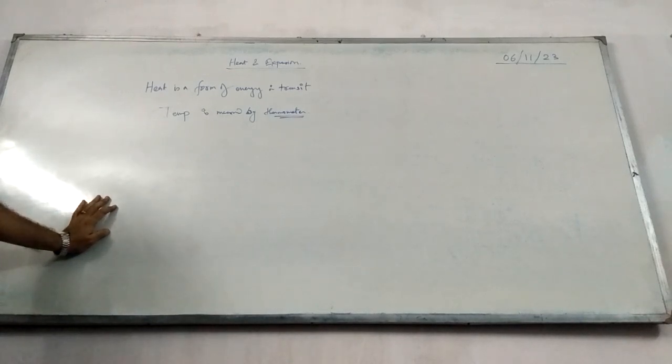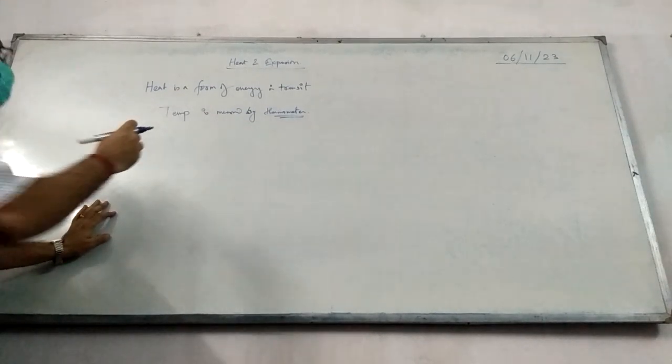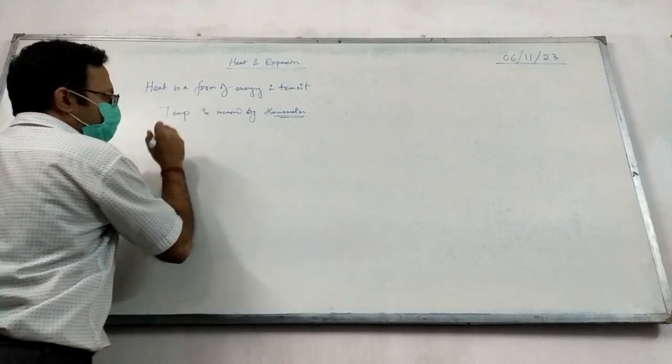Now, see, there can be very different types of thermometer. We most commonly use the mercury thermometer. We have digital thermometer also, right? So, the concept of how to measure temperature is by measuring some effect of temperature, means something that changes with temperature. Only then will we be able to measure the change and the temperature of the body. So thermometer can be of many types.